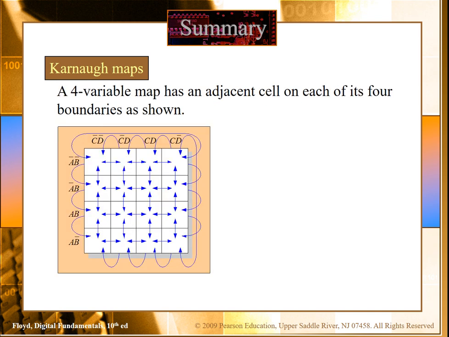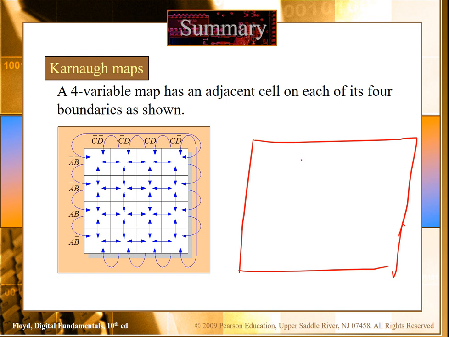Then this was the 3 variable map. We can also make the 4 variable map, and the procedure is very simple. Just draw the Gray code.